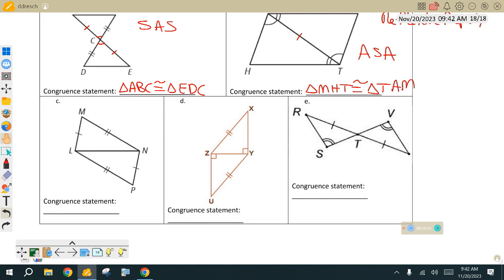That's that reflexive property we just introduced you to. That LN is being shared. So I'm going to give it a triple tick mark to tell me it's definitely not the same as the other 2 that have been marked up, is it? So just denote that it's not the same. So LN is equal to LN. Again, that's that reflexive property